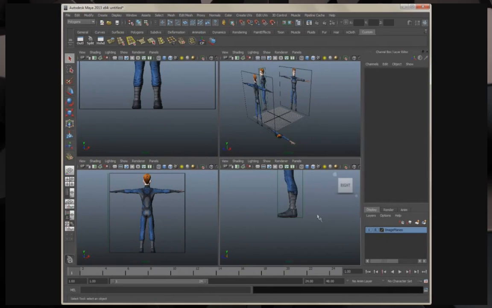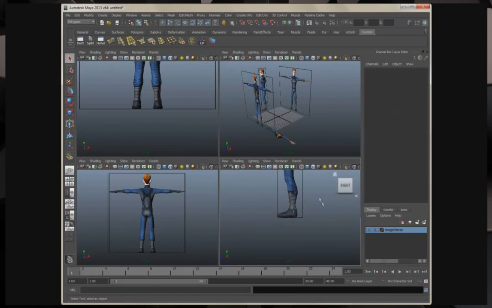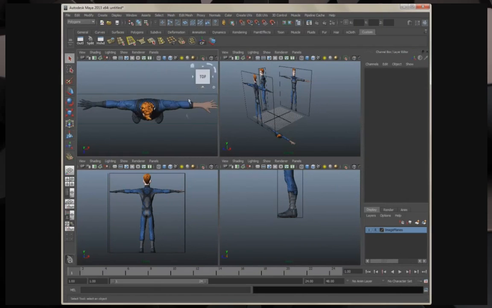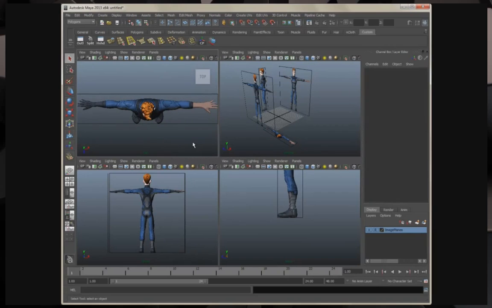I'm just finishing this up. Now, what we want to do is we only want to have our image planes in the main views. So I'm going to look at the camera, and by selecting that option, I only see the view in each